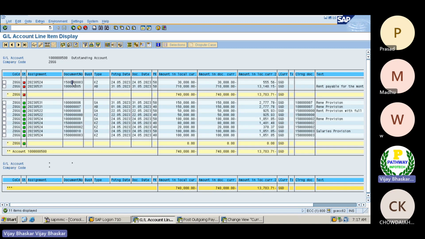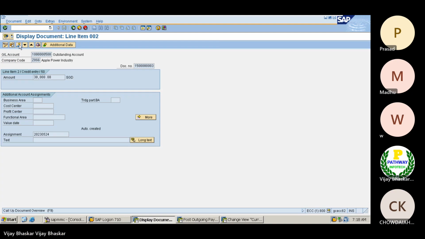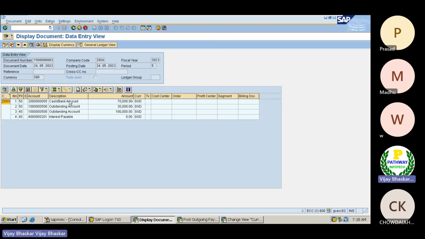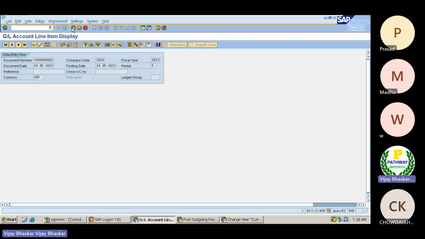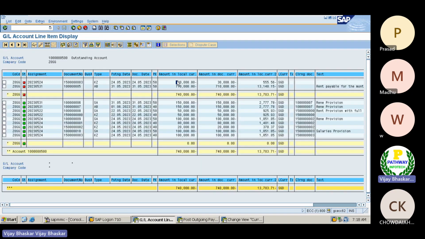If I go inside this document, you can see all the line items. This is the invoice amount. This is your paid amount. This is still the remaining outstanding amount which you need to pay. From the reporting perspective, this will be clear to the business.